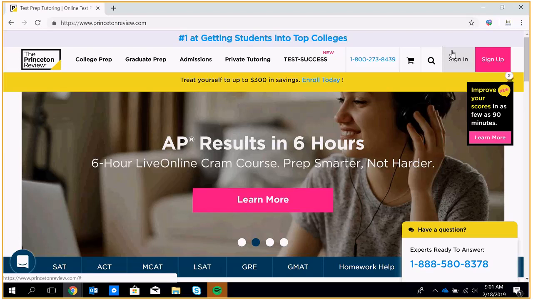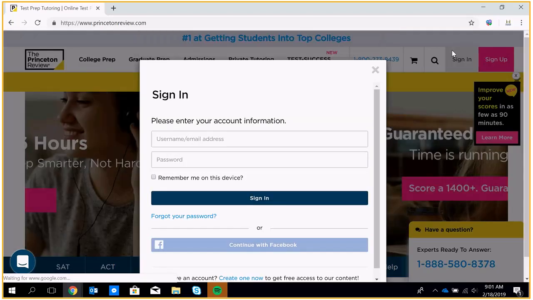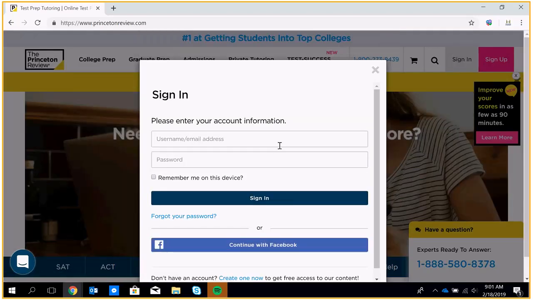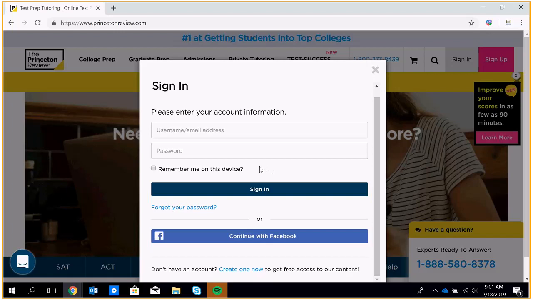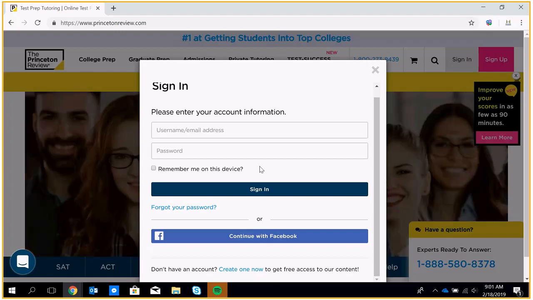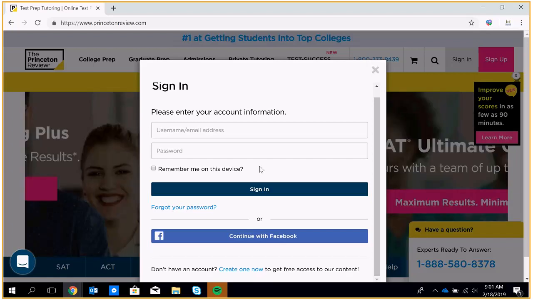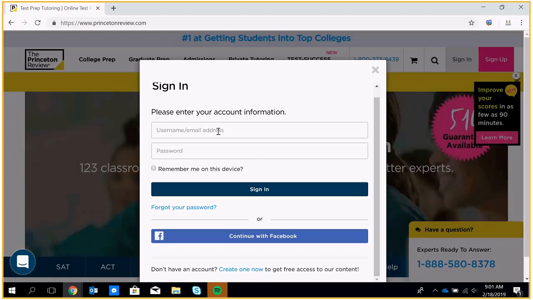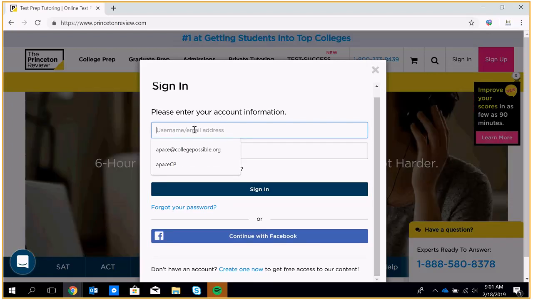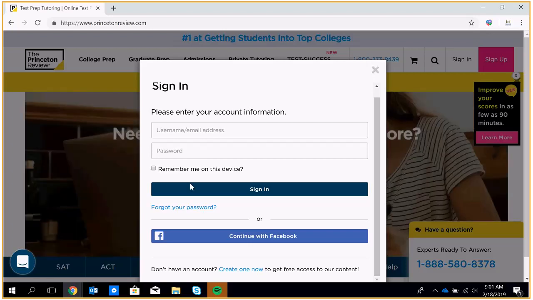First we've got to sign in here, so you want to click on that. If you're actually one of my students, you should already have a Princeton Review account set up for you. So if you haven't been able to log in before, I would try entering probably your school email address right there. And you obviously don't know your password, so you're going to click on forgot your password,